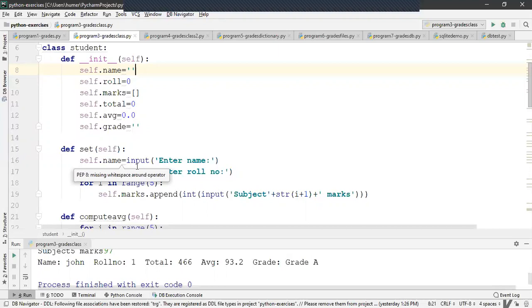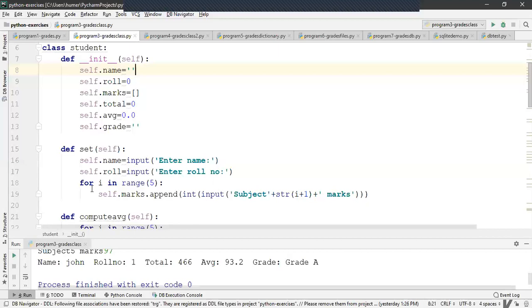Input is a function to obtain the user data from the console, and you are initializing name, and roll number is also initialized likewise. However, marks has to be initialized by using a for loop, because in a list you are going to store 5 marks.